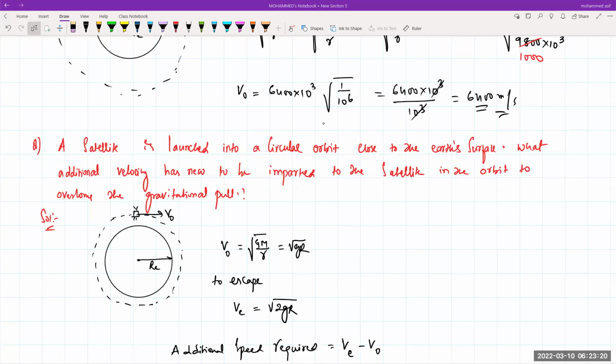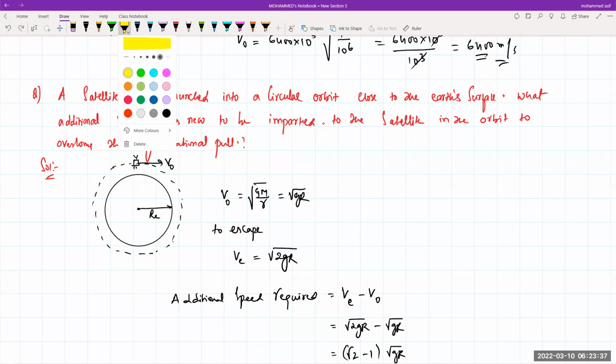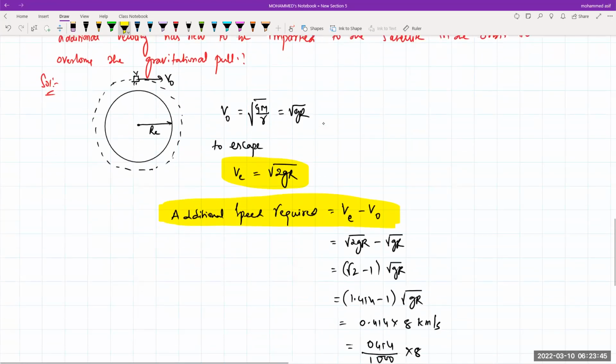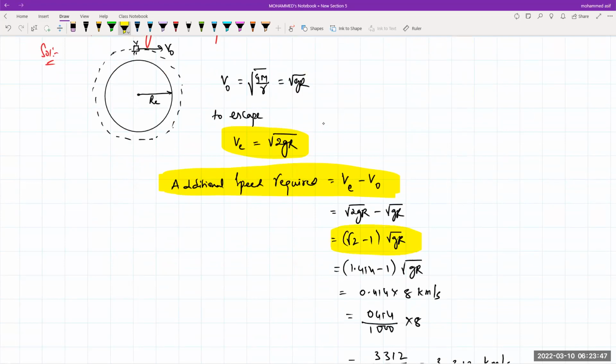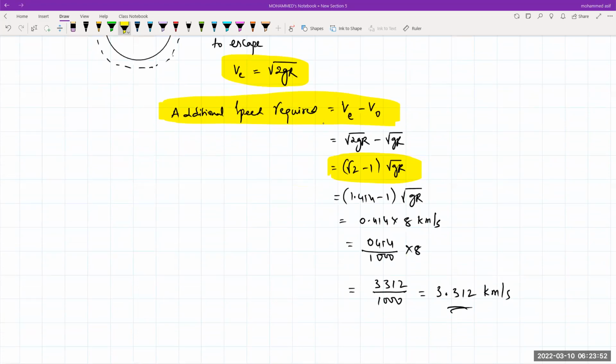हाँ, एडिशनल वेलोसिटी मतलब देखो बेटा, ये ऑलरेडी V0 पे है तो उसके पास ऑलरेडी V0 है। यहाँ से आपको कितना वेलोसिटी दिए तो वो एस्केप कर रहा है, तो ग्राउंड से जब जाओगे ना तो अपने पास एस्केप वेलोसिटी आता ना बेटा। ऑलरेडी मेरे पास ऑर्बिटल वेलोसिटी है, बेसिकली ये वाला। तो एडिशनल स्पीड रिक्वायर्ड will be equal to your escape velocity minus orbital velocity, उसको कर लें तो कितना आ रहा है: (√2 - 1) into your g into your R. ठीक है,